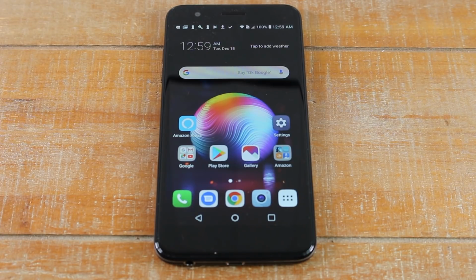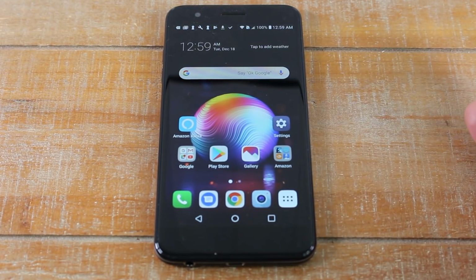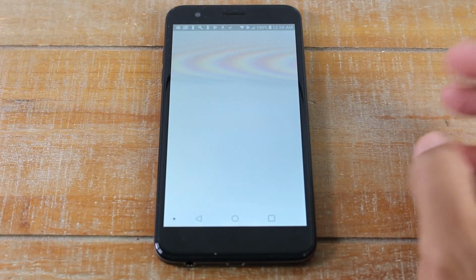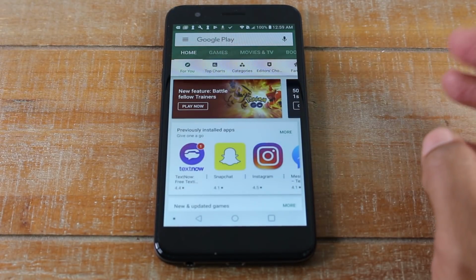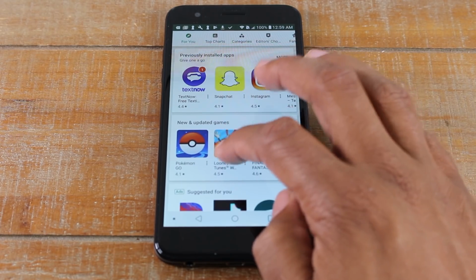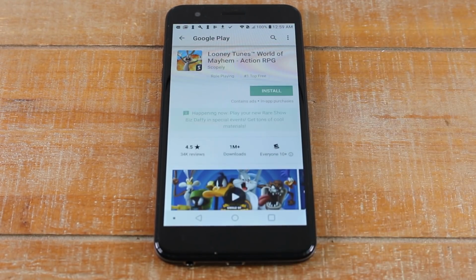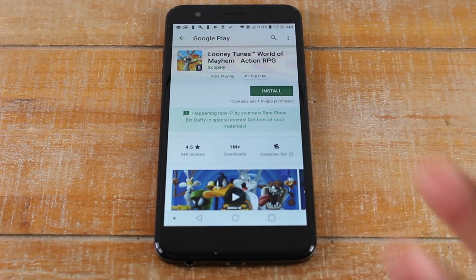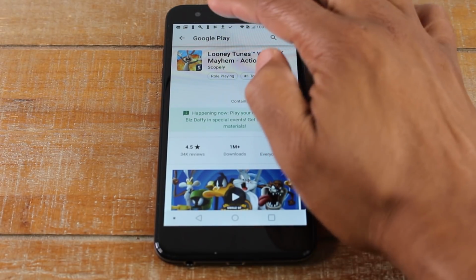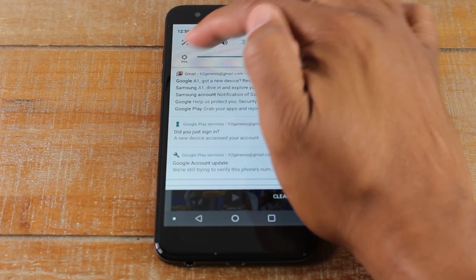All right, our next little tip is going to be a really easy way to take a screenshot on the phone. So on any screen, let's say I was in the Play Store and you found a really cool game that you want a friend of yours to play. Let's say Looney Tunes. Maybe you're in Looney Tunes and you want to send it to someone and say, download this game. All you have to do is swipe down, and in the upper left corner you have this icon,